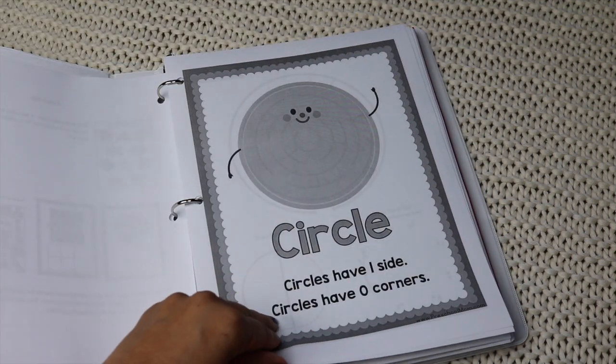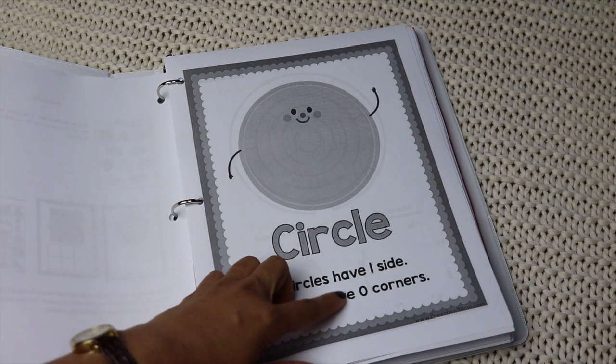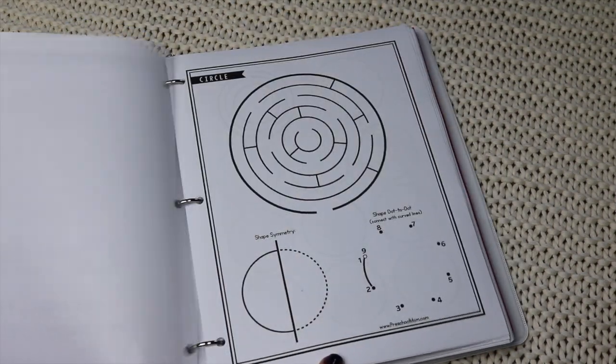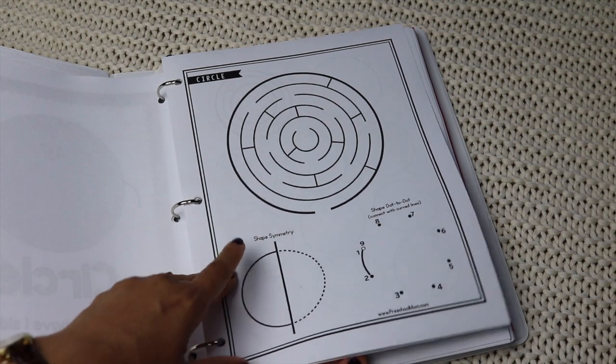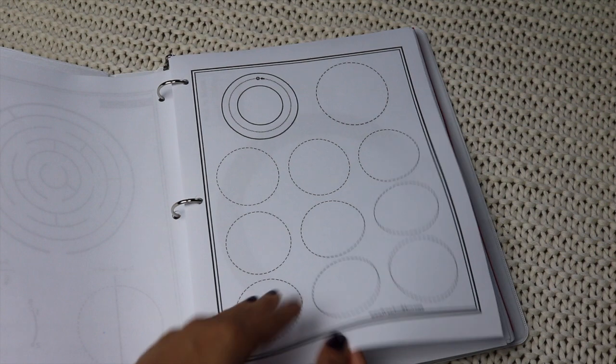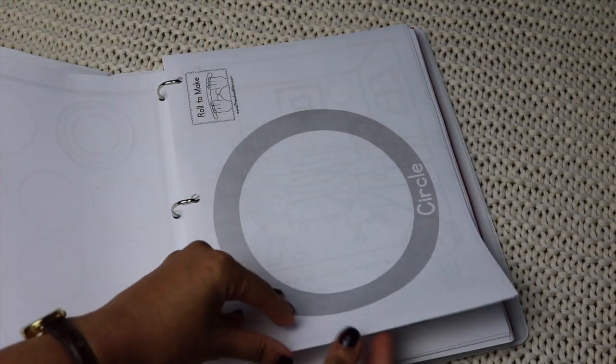So here you have circle. I like that they talk about how many sides they have and how many corners. Again, you can print that page out in color. And if you keep going, it has the maze, the symmetry, dot to dot, some tracing, a Play-Doh mat,